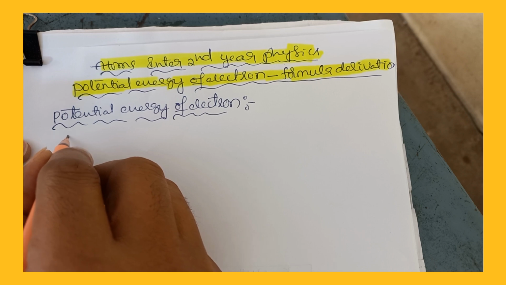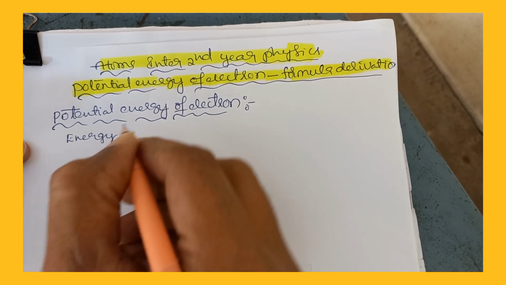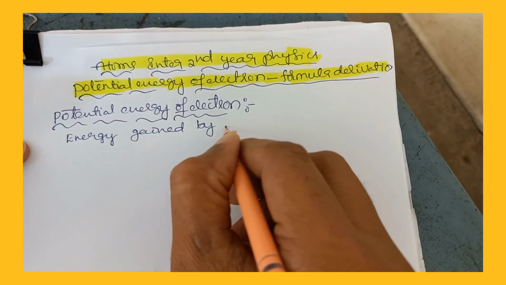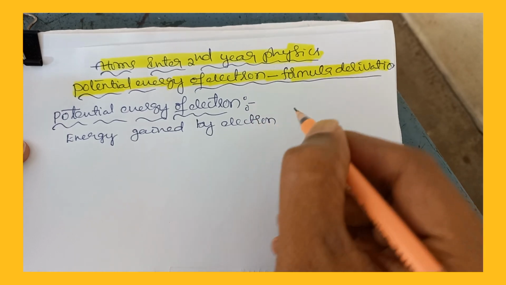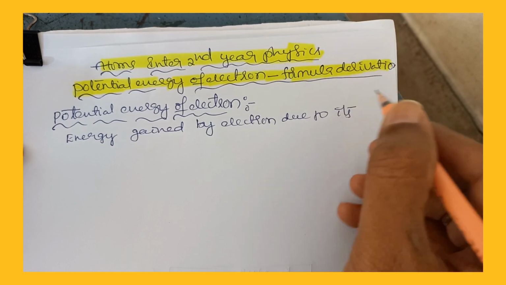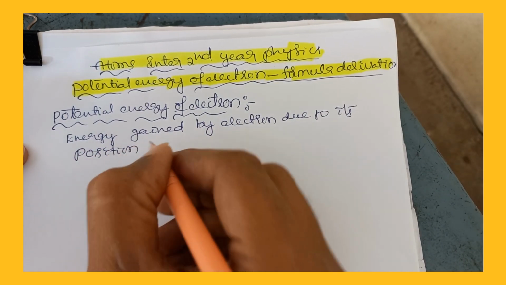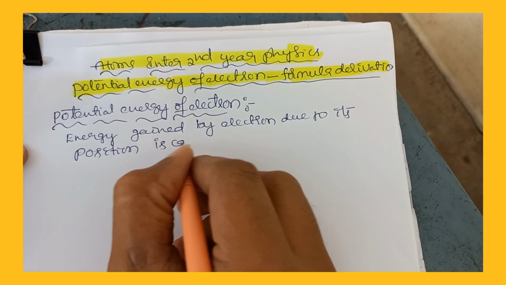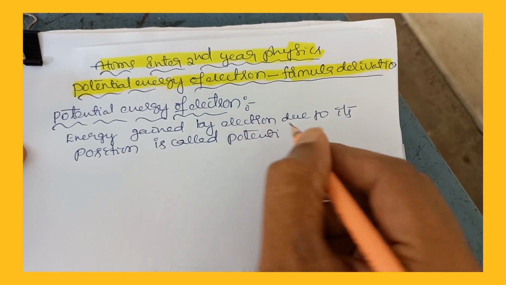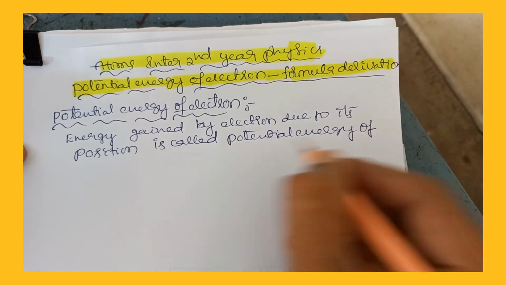Potential energy of electron is defined as energy gained by electron due to its position is called potential energy of electron,